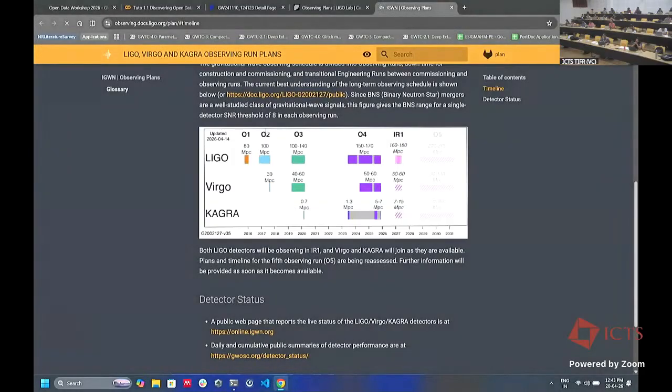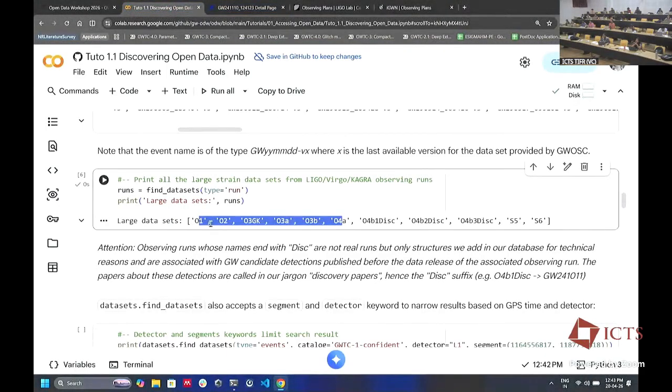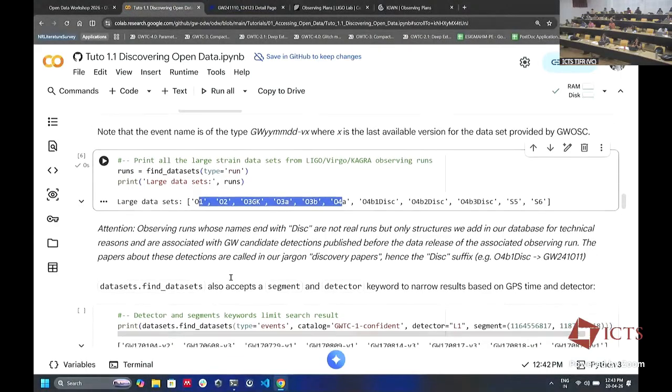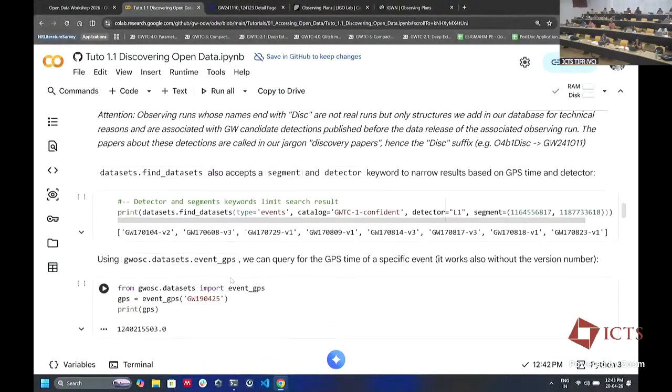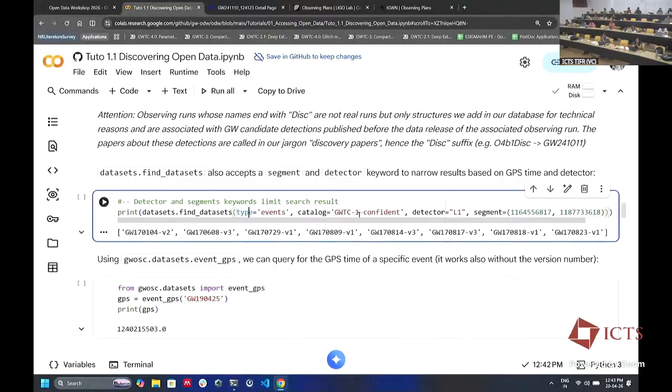Yeah. So all these runs are what these are. Now that we know what to find, we are going to find some events. What kind of events can we find in a given time window? There are different kinds of things, right? You may want to search for